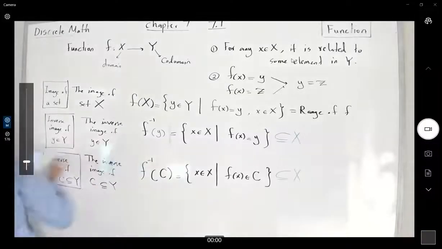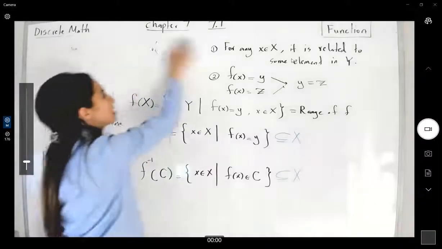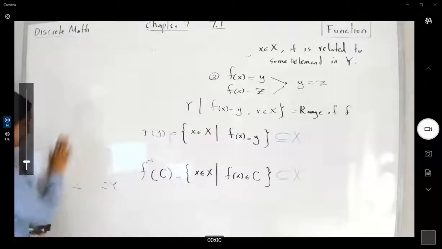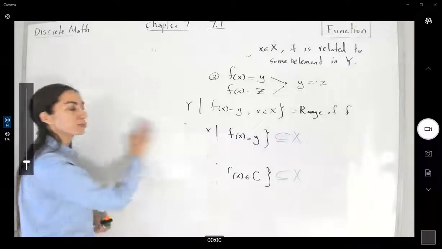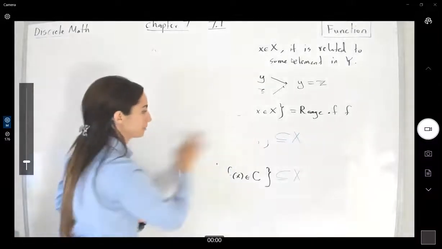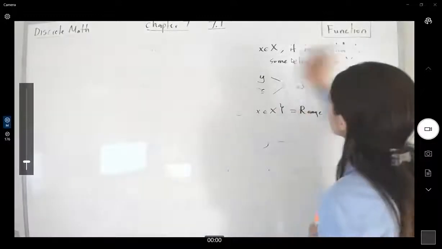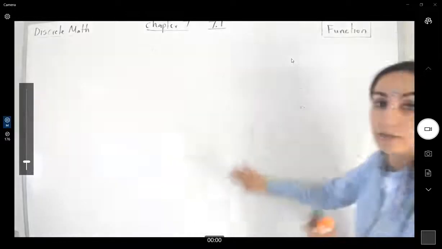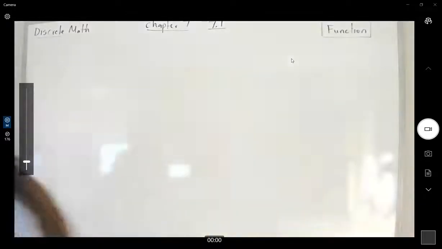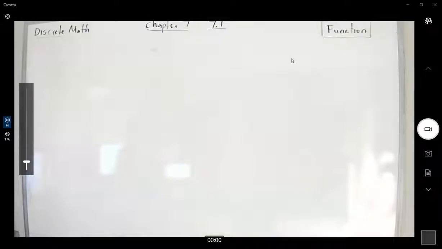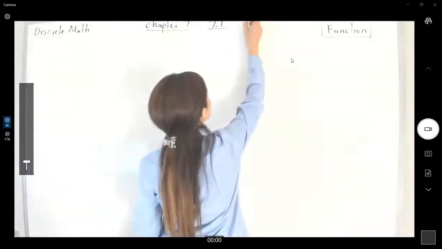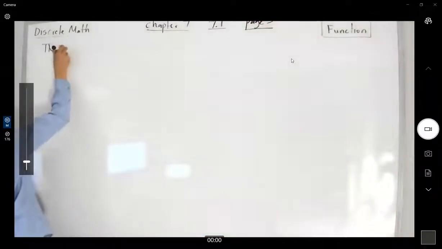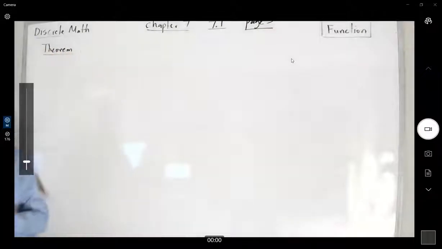Very well. So what we learned so far is that if the expression, the output values of the functions, are equal to each other, it doesn't mean that the two functions are the same. We have to be careful about the domain as well. So in general, we can define this theorem. This theorem says, let